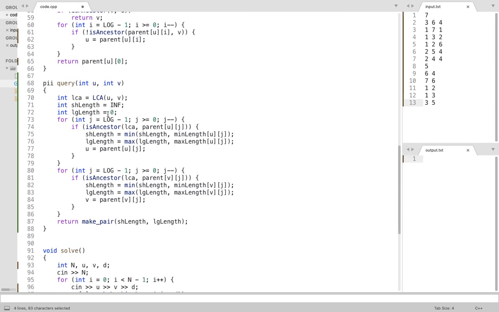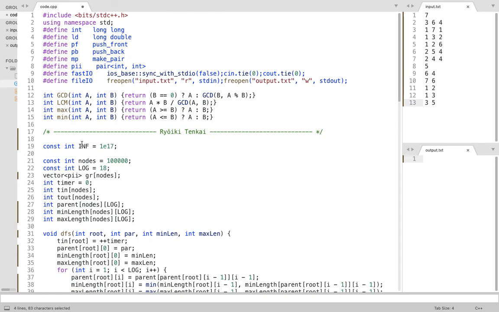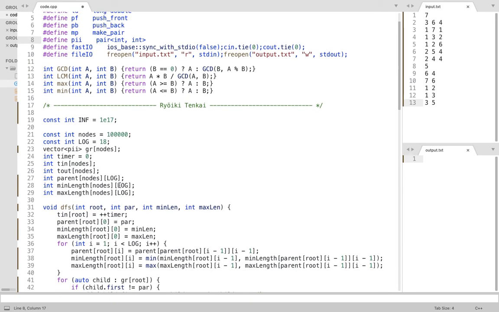In code I have taken infinity as 10 power 17, just for comparison purposes, and the total number of nodes as 10 power 5. Log base 2 of 10 power 5 is somewhere close to 18, and there is a vector of pairs, PII, which is nothing but a pair of ints. Then we need these values for maintaining LCA, and these two extra things to keep track of shortest length and longest length.